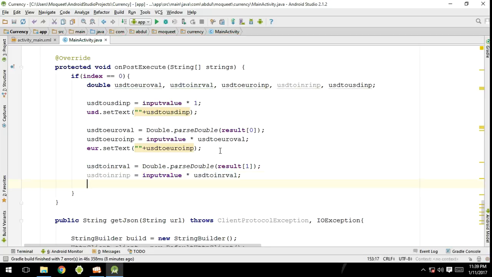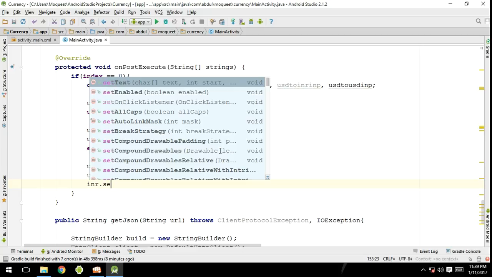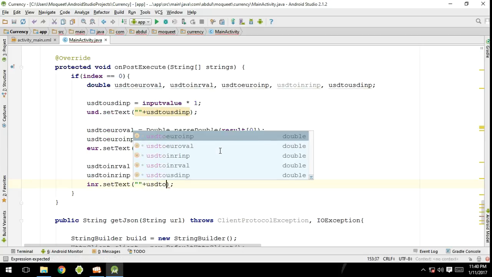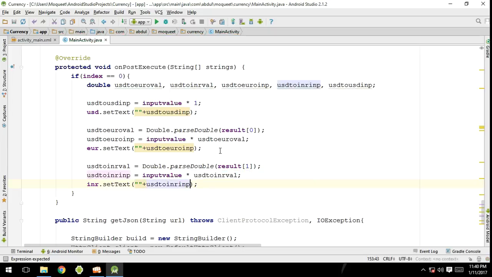Okay, now going to just change the INR field, INR.setText, USD to INR input. Okay, so this is for the index 0. Same thing we will do for the index 1 and for the index 2. So just write else if